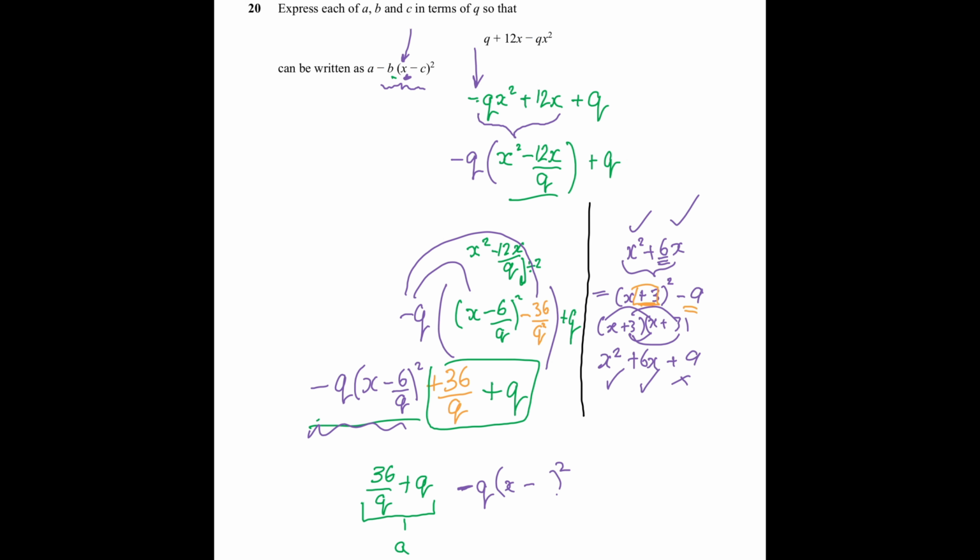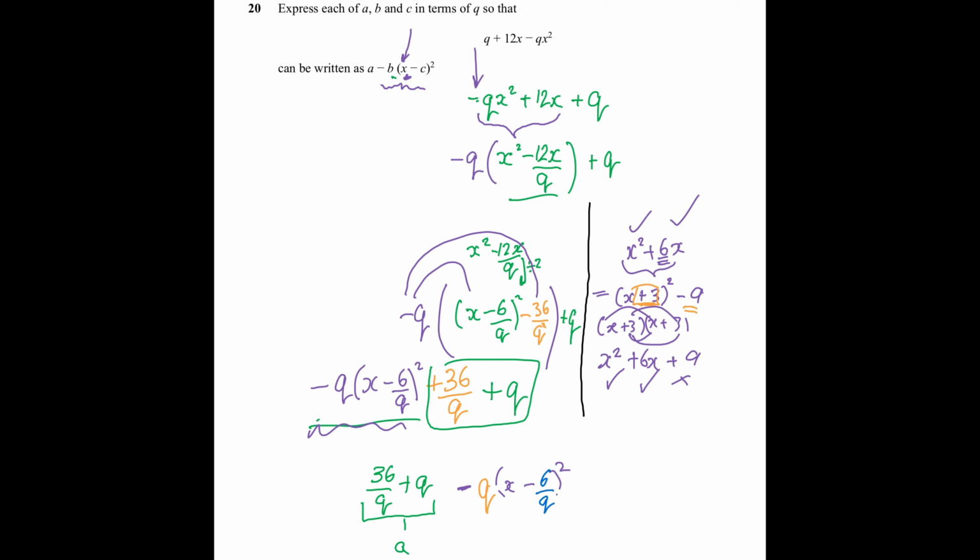I've got my A at the front, which is the 36 over q plus q. I've got my minus q here, which is my letter B, if you will. And then at the end, I've got my C, which we said was negative 6